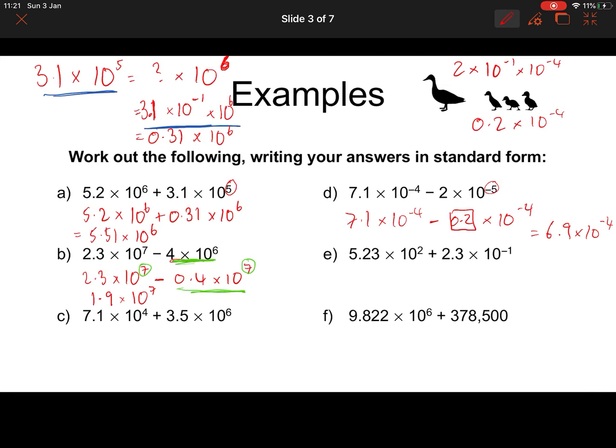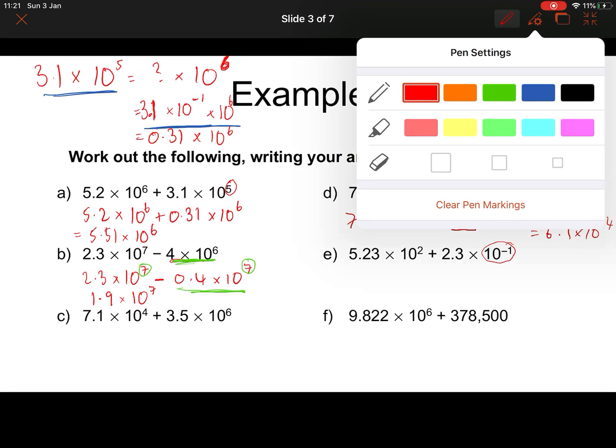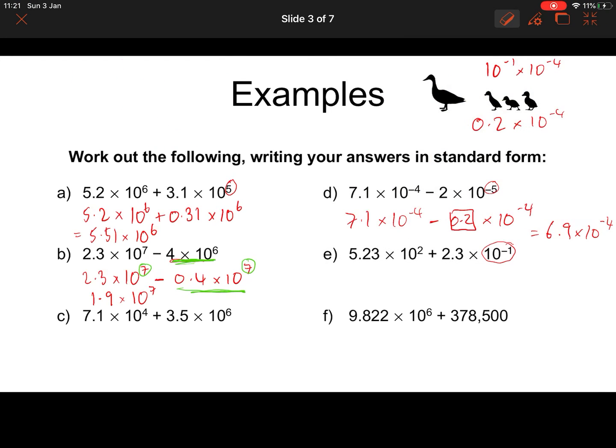Ooh, this one's a lot trickier. E. We're going to change this to a 10 to the minus 2. So let me just clear some space up the top. Okay, I need to write 2.3 times 10 to the minus 1 as something times 10 to the 2. Well, I could write that as 2.3 times 10 to the 1